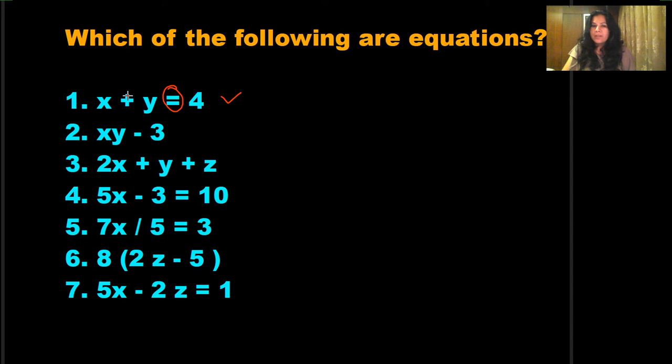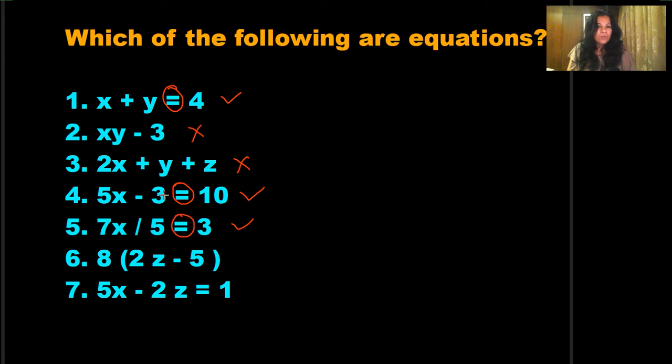What about the second one? The second one is not an equation because we cannot see any equal sign there. The third one is also not an equation because again we cannot see any equal sign. The fourth one, yes, it is an equation because we can see there is an equal sign, there is a left hand side, there is a right hand side. So this is an equation. What about the fifth one, children? Yes, it is again an equation because again we can see an equal sign in between. We can see the left hand side, we can see the right hand side. So this is an equation.